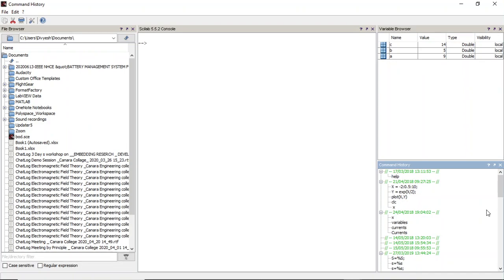Now we need to talk more about the menu bar. What are file and edit, and whether we are going to write programs in the console. As I told you earlier, we will not be using the console for writing programs. In my next video, I will explain the reason. Then we'll go to the editor and start writing programs. And we'll also talk a little about the file browser, and why it is important.